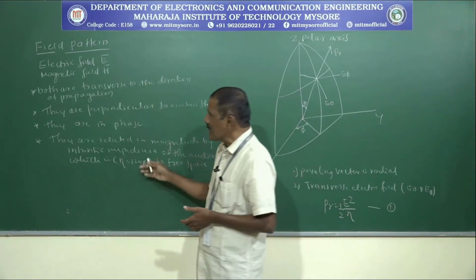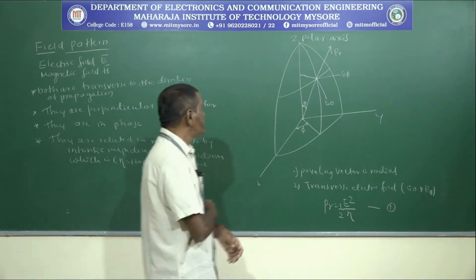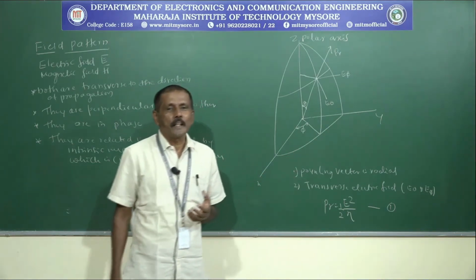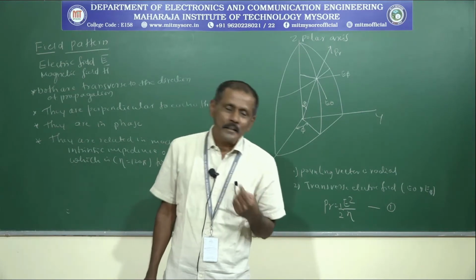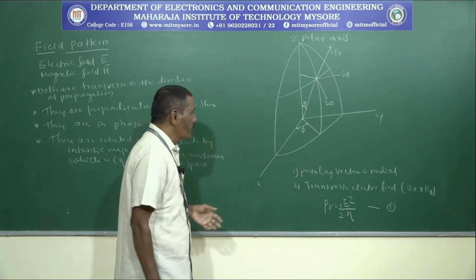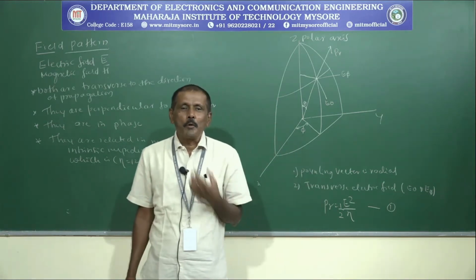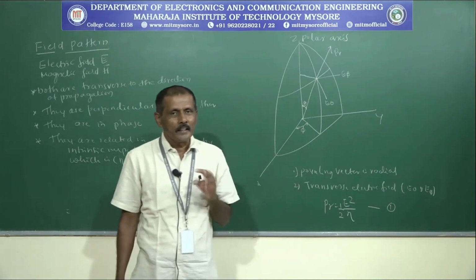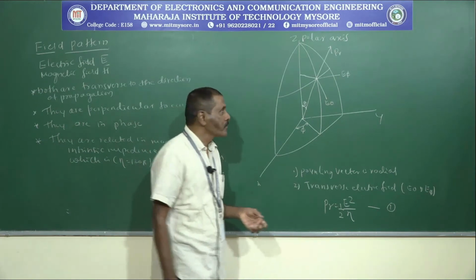So these are the few characteristics of this electrical field component. Now, this is the figure representing the relation between the electrical field component and the power radiated. As you know, the antenna radiates in both the horizontal and vertical directions. Therefore, we are considering two angles, theta and phi.